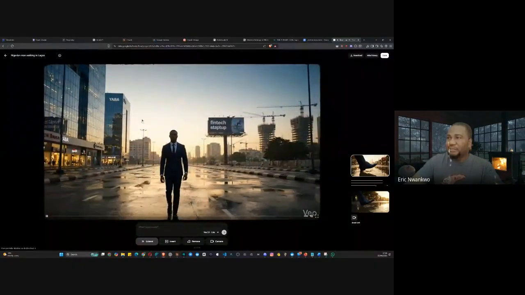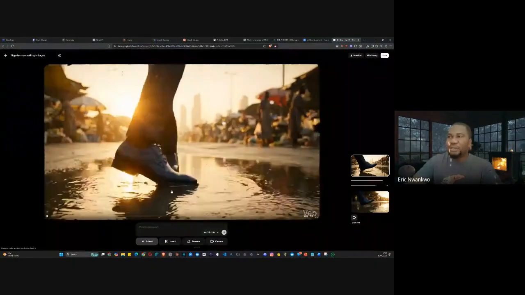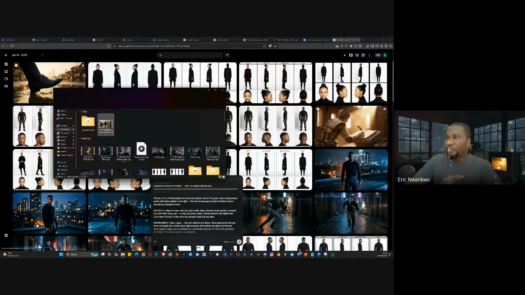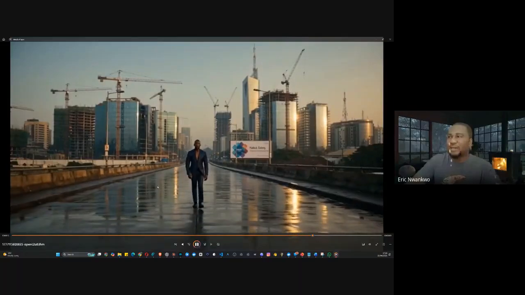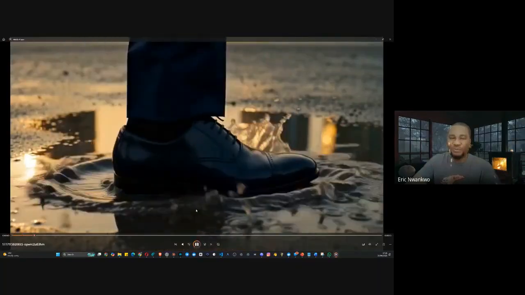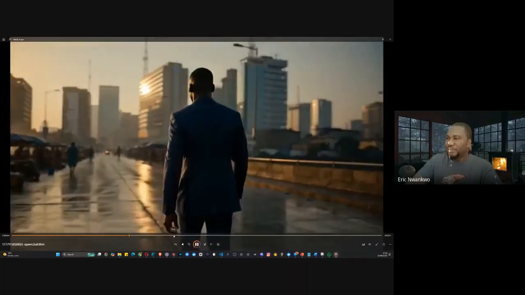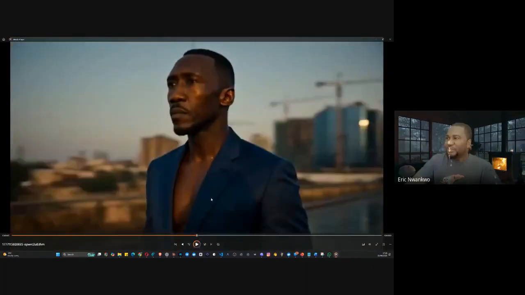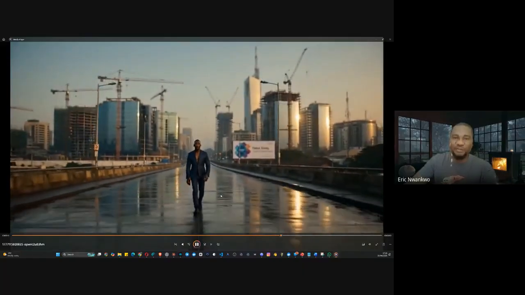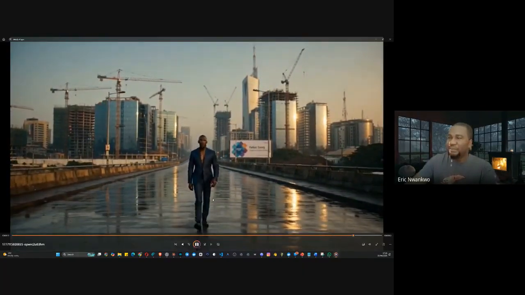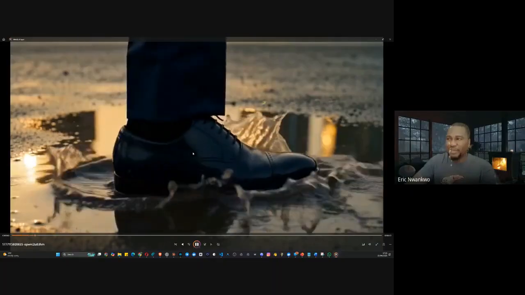So all of a sudden, the street market, everything disappeared, and the guy started walking backward. Now let's compare it to this other one. Look at this other one. See how consistent the movement looked. It was walking forward all through the video, and it continued walking forward. Even at some point, you see the shadow on the guy's body, like the cameraman's shadow. If you're not told that this was created by AI, you might not even know if you don't look at it very well. So everything shows that it looks more real